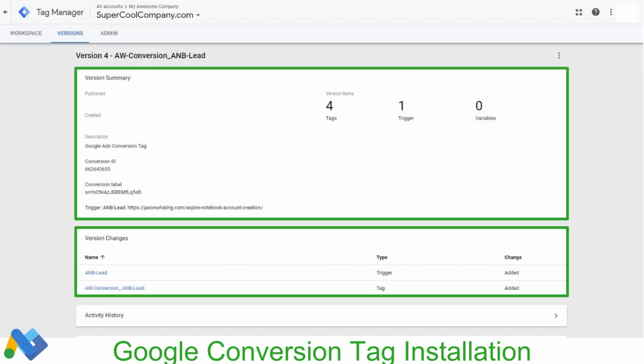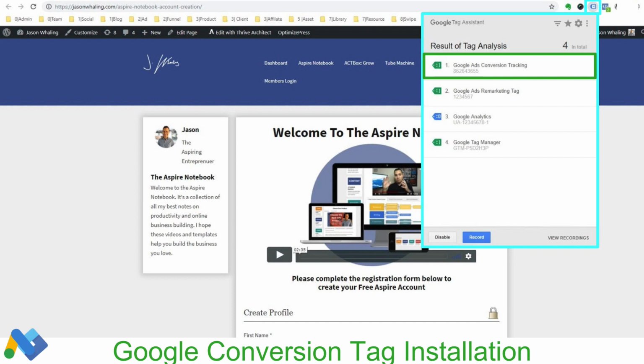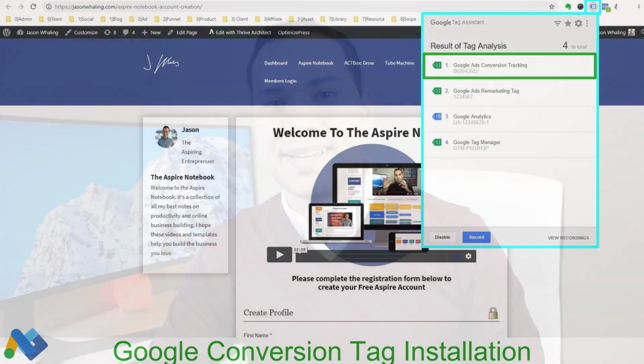We'll go ahead and click Publish. We'll get our summary of results. And as usual, we're going to need to go back to our site one more time to make sure that the tag is showing up correctly via the tag assistant. So we're going to refresh the page. That bottom section is going to disappear. And now we're going to click on our tag assistant. We're going to be able to see the Google Ads conversion code has fired correctly on this confirmation page. And with that, your installation of the Google Ads conversion tracking tag and the process for creating your conversion tags is complete.